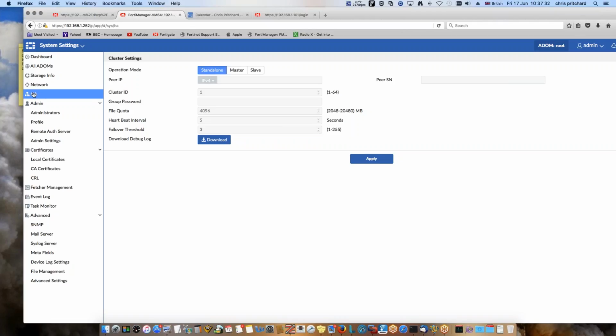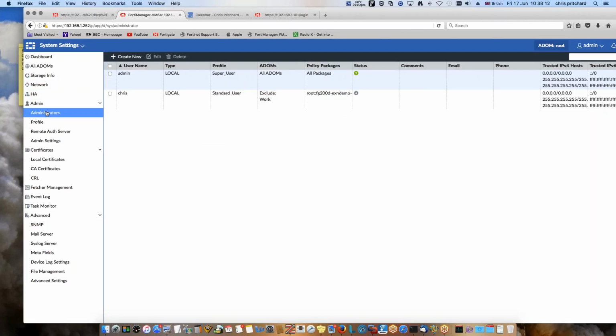FortiManager will also do high availability. A difference between the FortiManager and the FortiAnalyzer here: the FortiAnalyzer cannot do high availability. You can, however, have a pair of FortiAnalyzers, and you can configure each of their separate IP addresses to the FortiGate on the command line. However, the FortiGate will not send traffic to both of those analyzers. If your main priority analyzer fails, then the logs won't get passed over to the secondary. The FortiGate will just continue from that point in time logging to the secondary